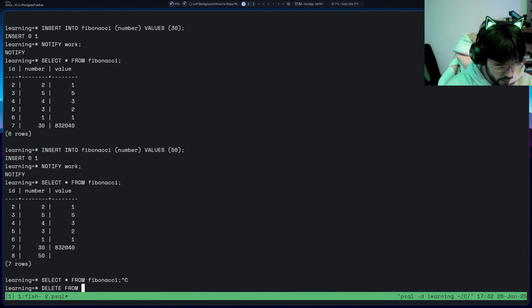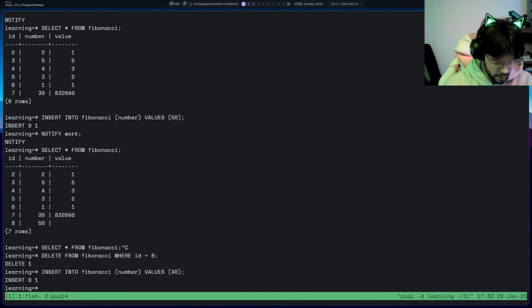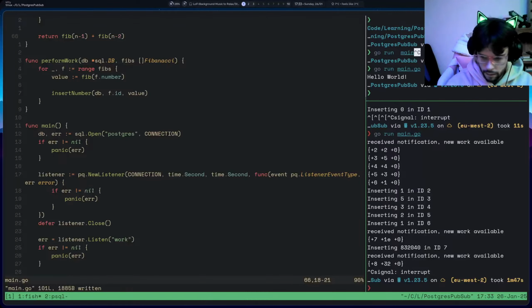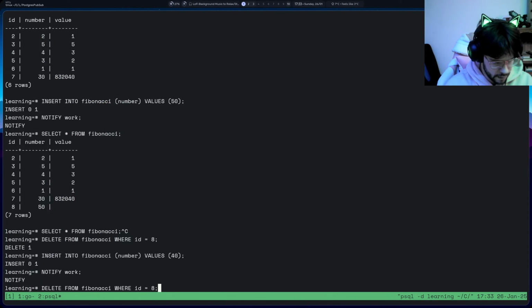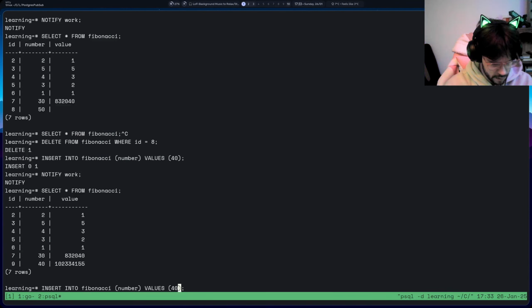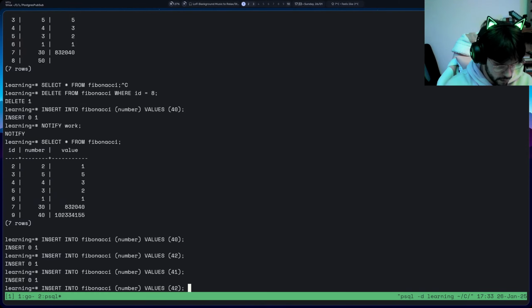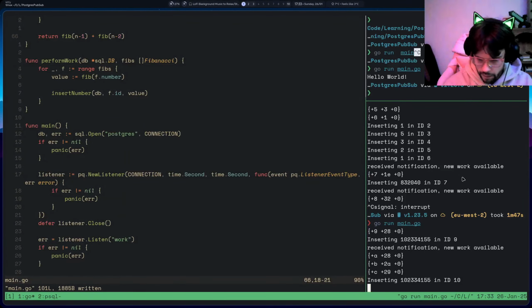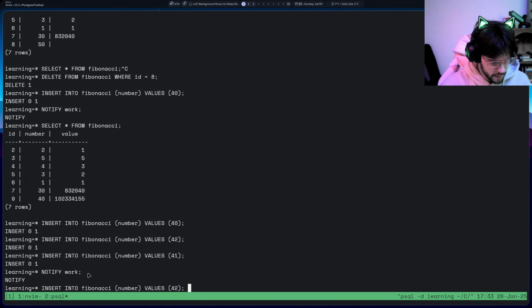Delete from Fibonacci where ID equals 8. Let's do notify work. Okay, so that took a little bit of time. Nice, so let's do 40, 42, 41. Notify work, and you'll see we're inserting again, but that did take some time. So let's do